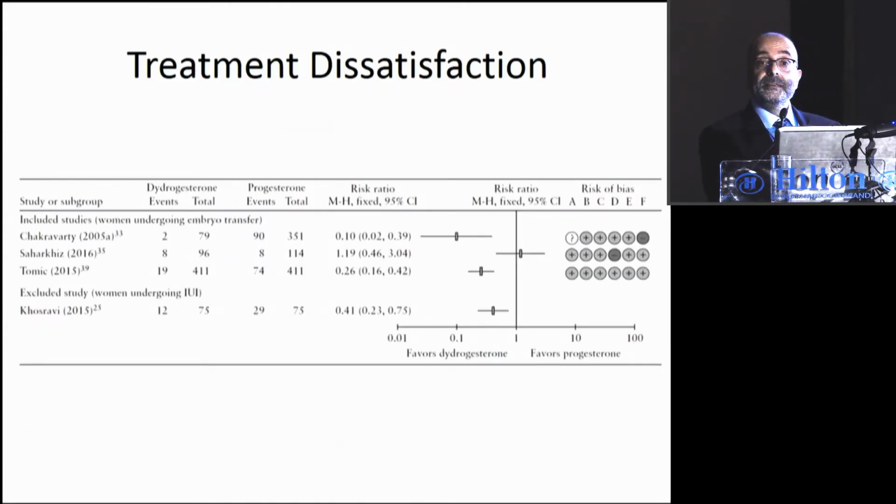Despite all of this, the meta-analysis, the Cochrane, and so on, introducing the dydrogesterone in the practice in IVF clinics has been very limited. And the reason for that is many centers believe that these studies that I have shown you, some of them are coming from the same center, some of them coming from India, some of them with very low, good evidence, and that's why nobody really was interested in using dydrogesterone until last May 2017, when the Lotus 1